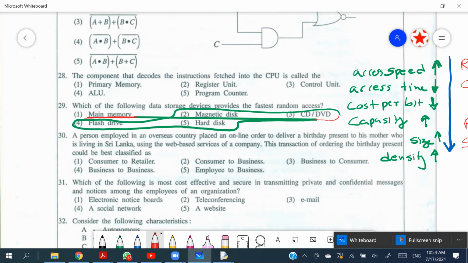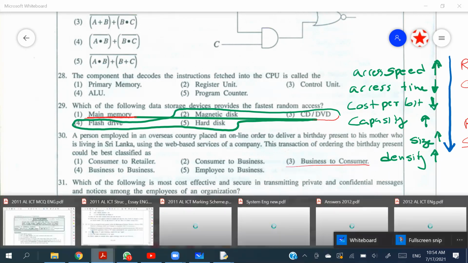So it's going to be business to consumer, right? 30th, the third one should be the answer. Is it the third one? 30, oh no, this is the second. Why is the second? Consumer to business. A person employed in overseas country based on